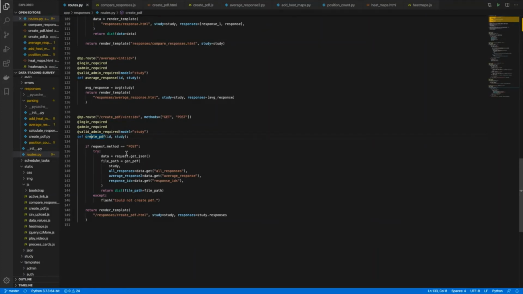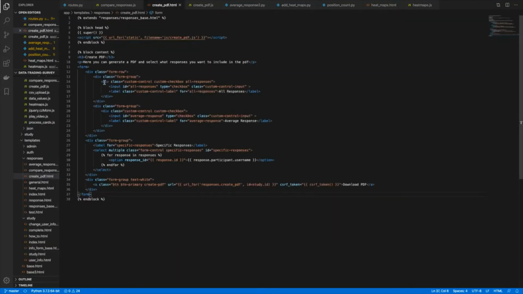The create PDF endpoint uses the same form and AJAX method to collect the responses the administrator desires within the PDF. If we take a look at the HTML form, you can see some different form controls. So here we have a multiple select. This is for selecting if you want specific responses from different users included within the PDF.